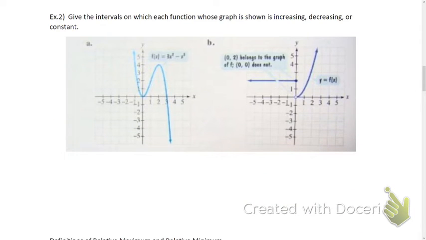We have two different problems. We need to describe if and where it's increasing, decreasing, or constant. So I would say, as I scan this thing left to right,